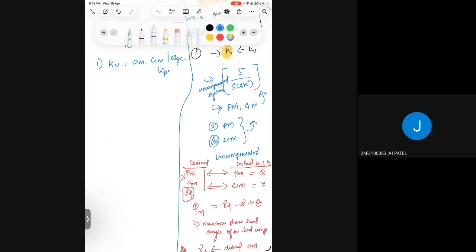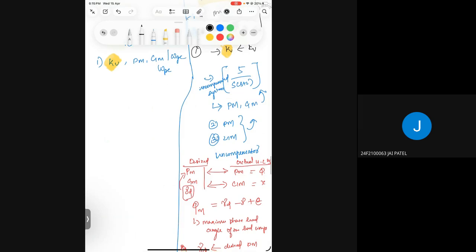Phase crossover frequency, whatever it has been asked. Let's just take the weakest problem first and solve for it. That is, we have to find the K with respect to the Kv or Ka or Kp that has been given. Otherwise, ess for some particular input they will give. Based on that, the first step is to find the K value. Once you find the K value, you are writing an uncompensated system